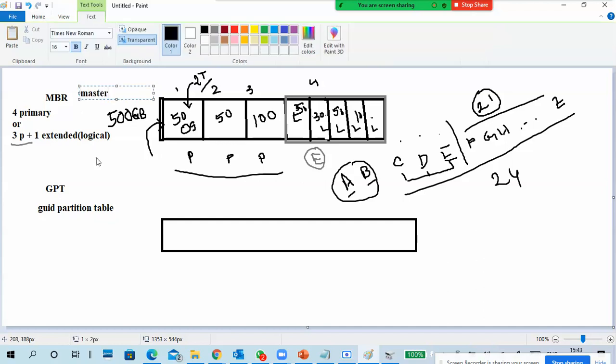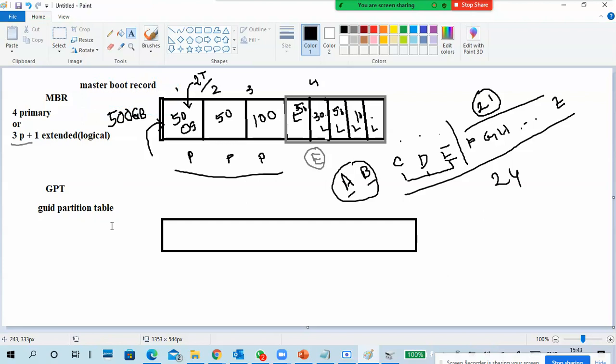MBR is the old style one, and this is the new one. So GPT, GUID partition table. Actually I have to type this GUID in capital letters, but it's okay.